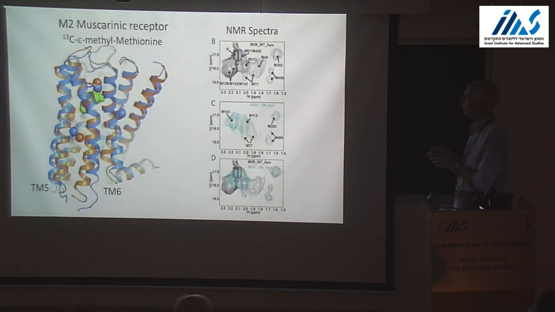These are studies using NMR spectroscopy, and I'm not going to go into the details, but you can do NMR spectroscopy on GPCRs if you use selective probes. So we found that the epsilon methyl of methionine can be a really useful reporter of conformational changes from within the transmembrane bundle. This is an NMR spectrum of the M2 receptor with all of the methionines,